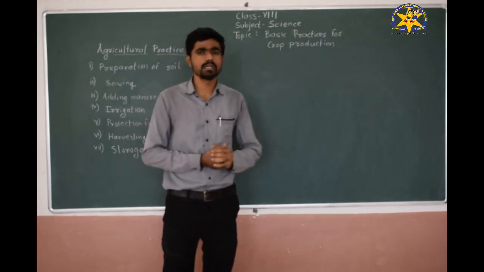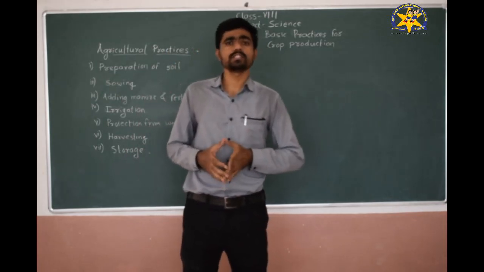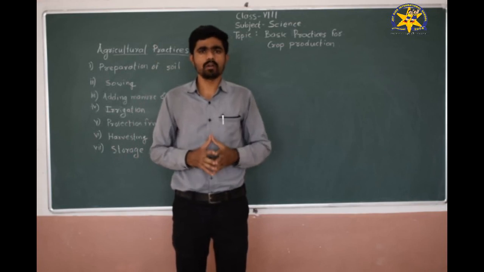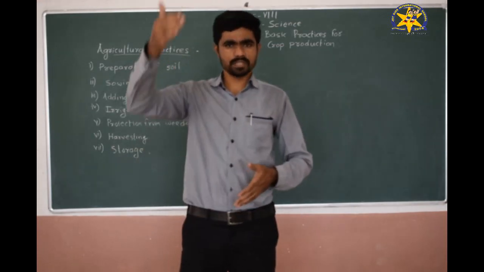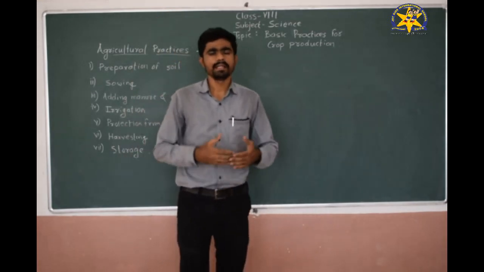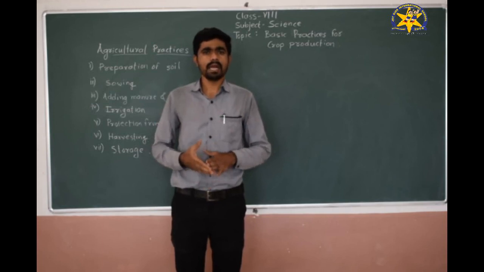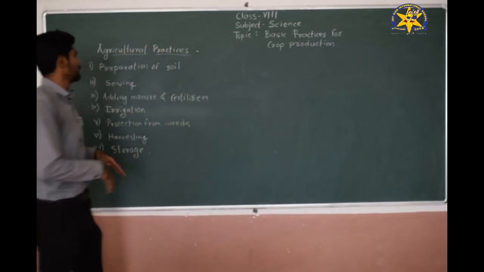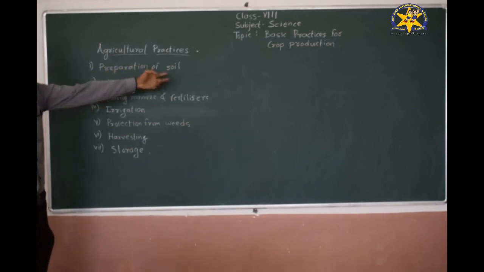So this is what we are going to learn, and there are some agricultural activities, a sequence which needs to be followed for a particular field if you want to grow a healthy crop. So if I want to grow wheat in my farm, then there are some steps which I need to follow, and only then can I produce economically important as well as healthy seeds. Only then can I produce a healthy crop. Now, these are some steps which are given. First step, preparation of soil.